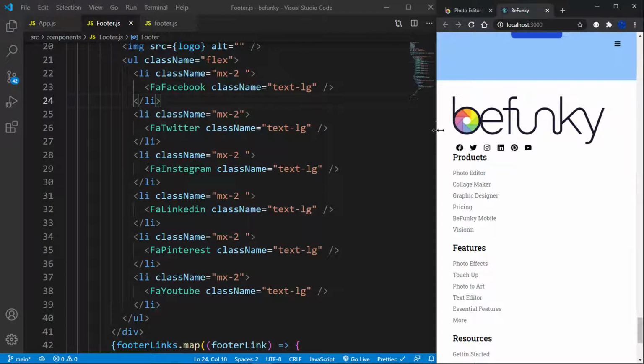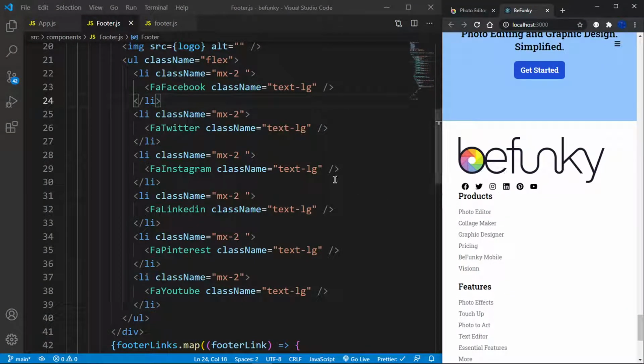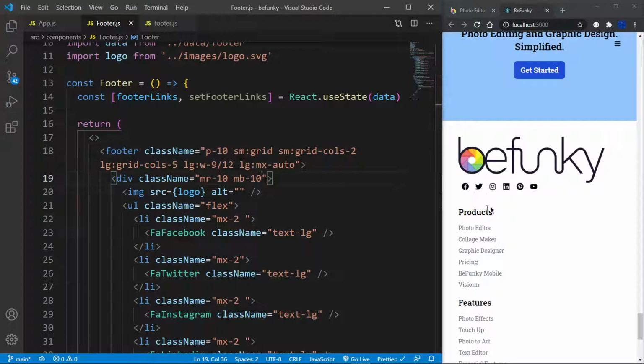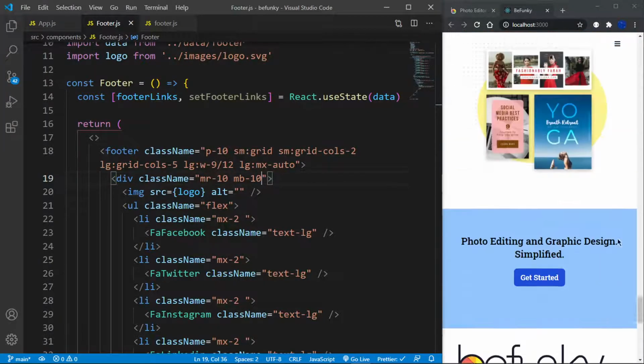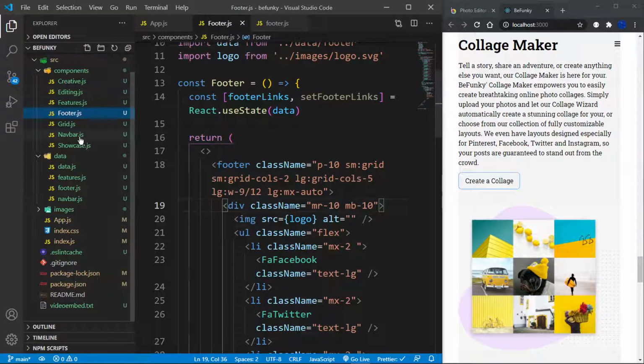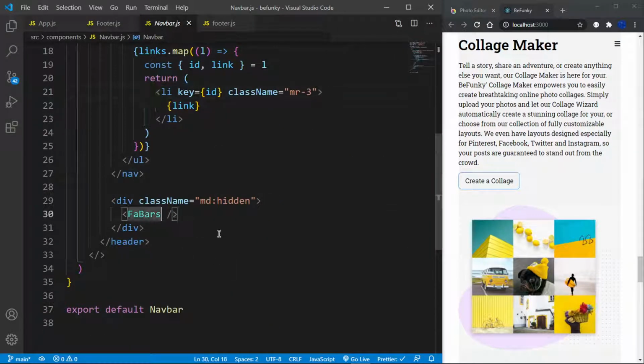So on smaller screens, this is how it looks, and I think it looks pretty nice. Let me just add a margin on the bottom of this, a margin bottom of 10, so that it pushes just a bit down from this, like that. Once we have this, the only thing that's remaining is to increase the font size for this icon. Let me go back into my navbar.js, and for my icon right here, give this a class name